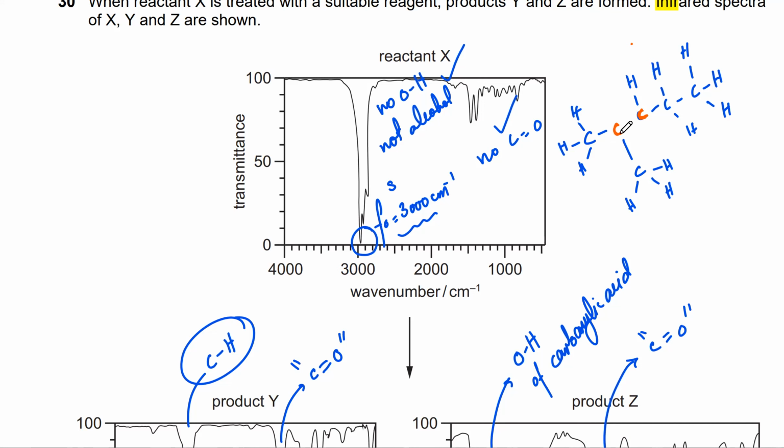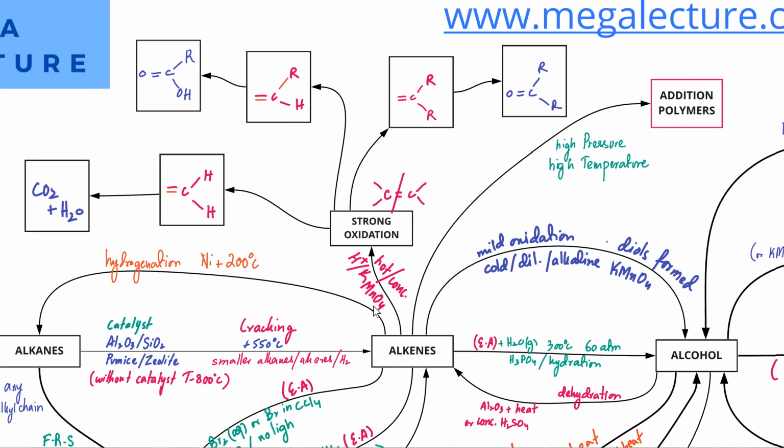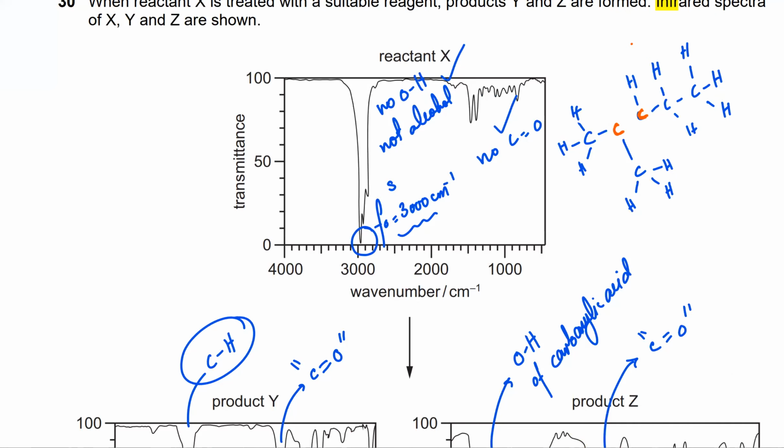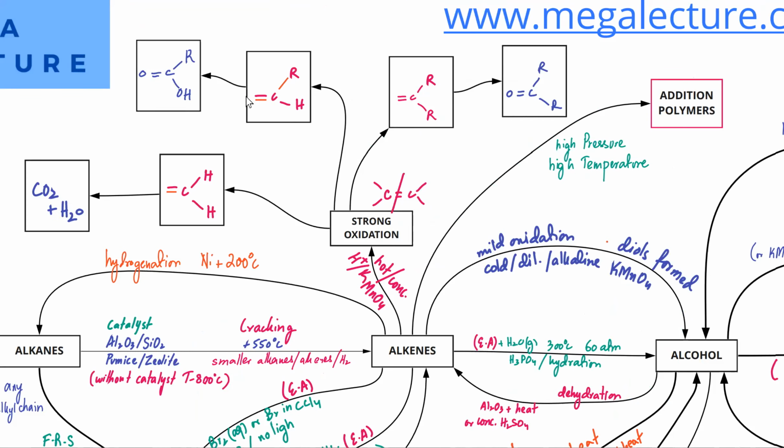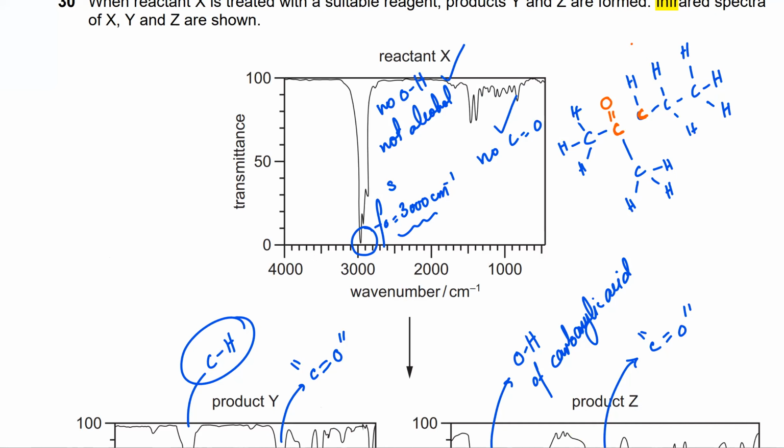If it's got 2 carbon chains, it will turn into what? उसमें क्या लिखा हुआ है? If it's got 2 carbon chains it will turn into a ketone, double bond O बन जाएगा ये, ठीक है। So this one will turn into a ketone, मतलब C double bond O. और ये वाला जो कार्बन था दूसरा, the one that was making the other double bond, that had 1 carbon chain. So if it's got only 1 carbon chain, this one will turn into a carboxylic acid. अगर वो notes देखो, so if it's got 1 carbon chain, that will turn into a carboxylic acid. So this one will turn into double bond O and OH, ठीक है।